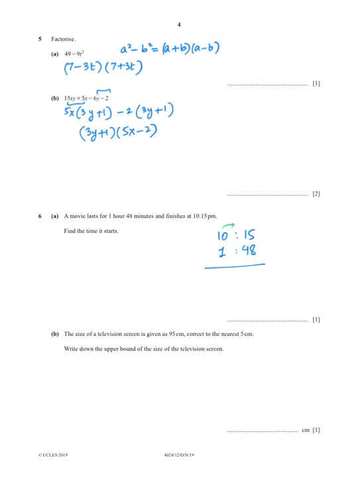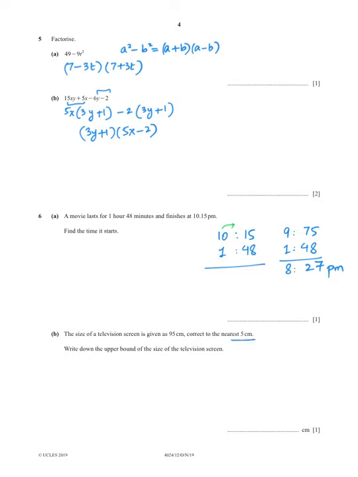So now it will be 9 hours and 60 plus 15, that will be 75, and I need to subtract 1 hour 48. Now I can subtract it. It will be 15 minus 8, that is 7. Alright, 6 minus 4, it's 2, and 9 minus 1, it's 8. So the correct time is 8:27 p.m. That is your answer.